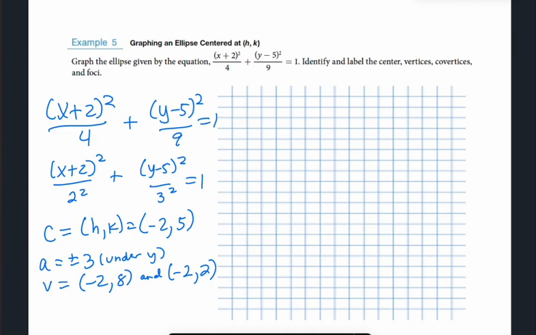Okay. Now, the b value is underneath my x. That's 2. Since it's under my x, these are co-vertices, they're smaller. We're going to add or subtract 2 from our x value. Now, our original x value was -2. If I add 2, I'm going to get 0. The y value doesn't change. And if I subtract 2 from -2, I get -4. Now, if that confuses you,